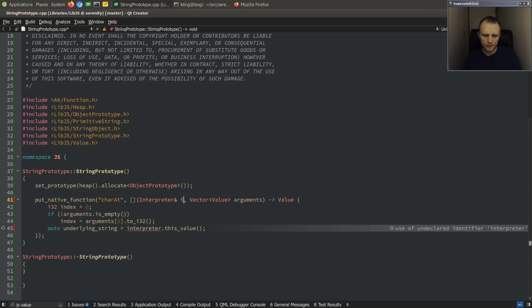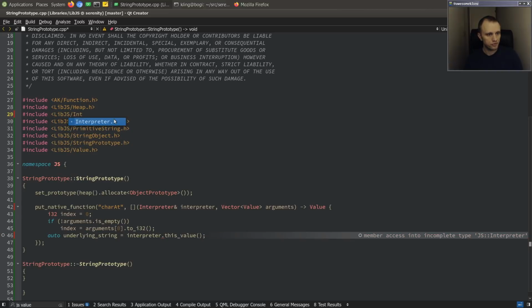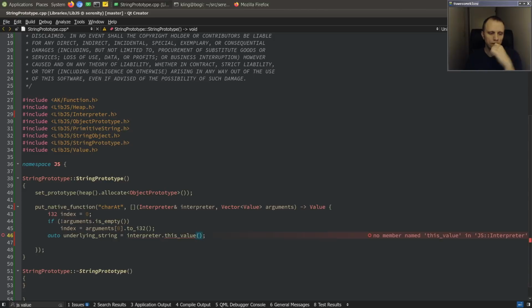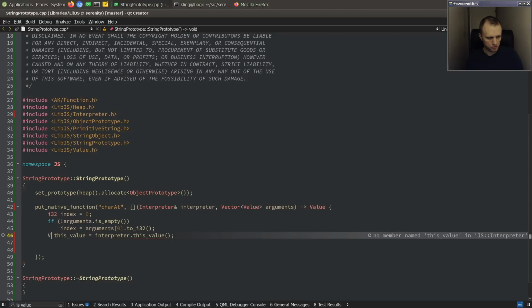I think we need to interpret it like that. Okay, so this is not the underlying string, actually, it's the this value. I'll say that it's a value. And we'll implement that momentarily, but once we have it, then